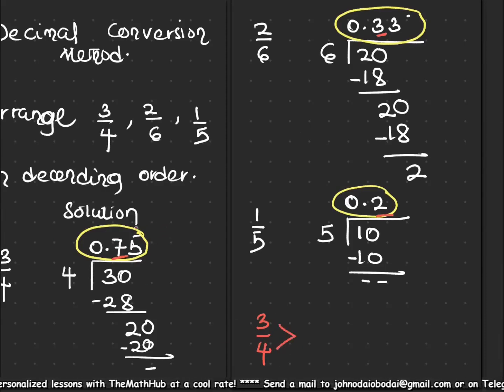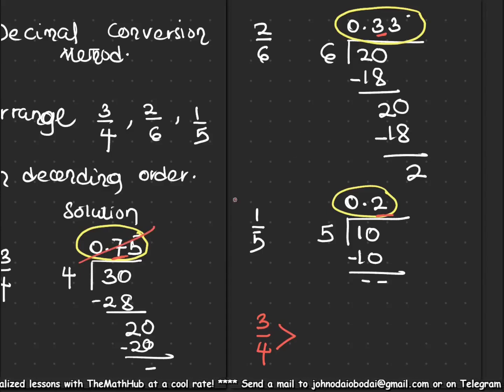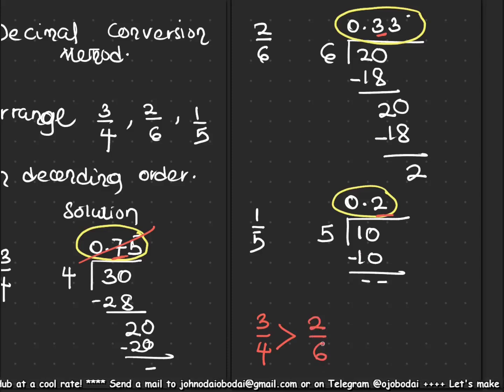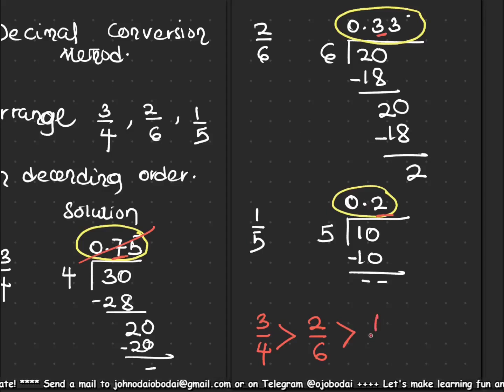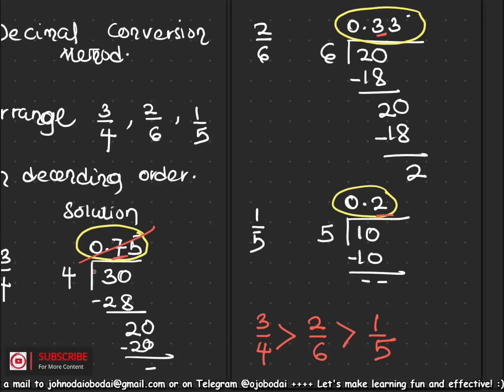Greater than. So we are now done with this one. Then we come to the next one: 0.3 and 0.2. Which is bigger? 0.3 is certainly bigger, so that is followed by 2 over 6. Then the very last one here is 0.2, and 0.2 corresponds to 1 over 5. So simply put, to arrange fractions in order using the decimal conversion method, all you need to do is rewrite the fractions as